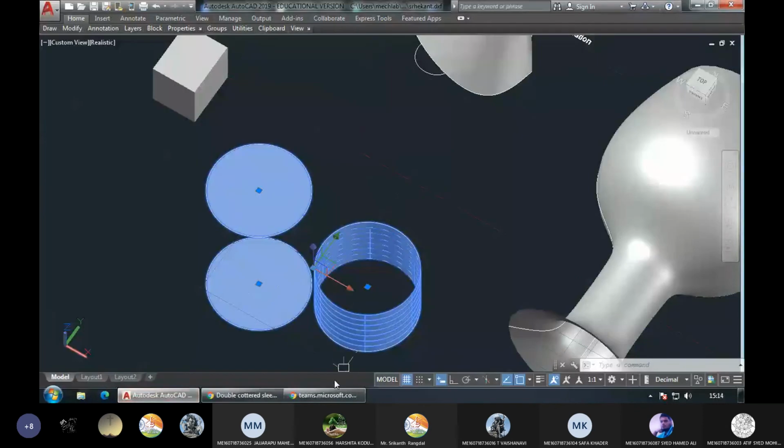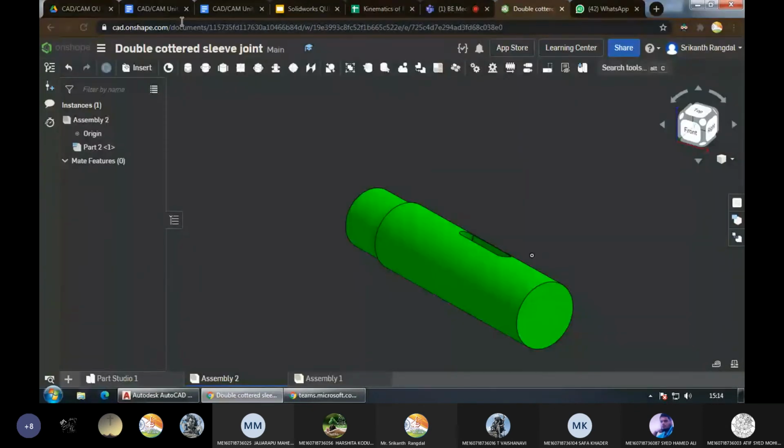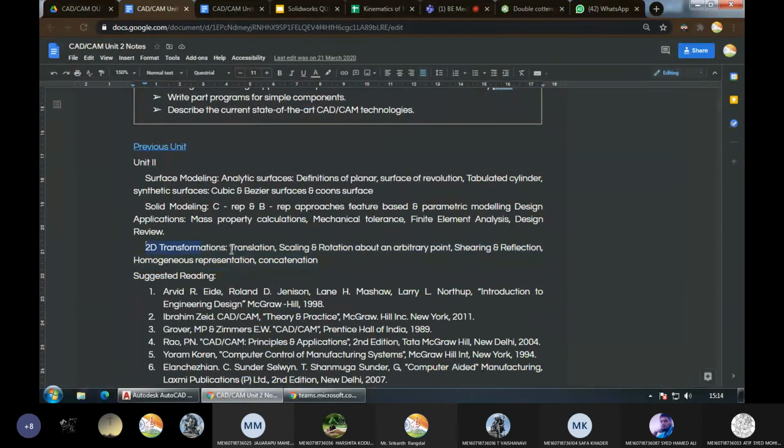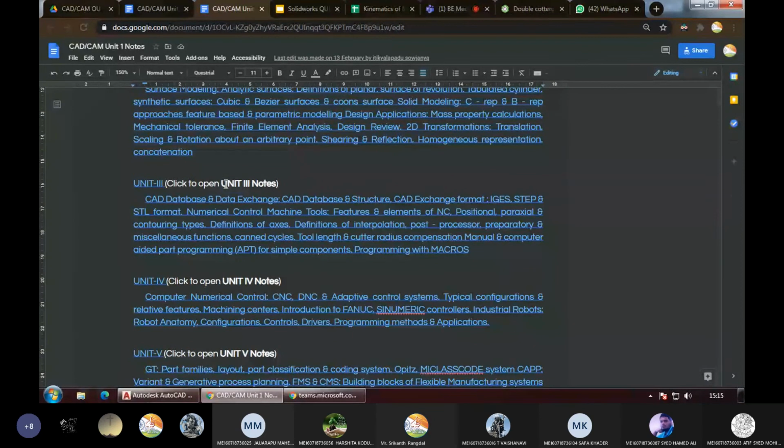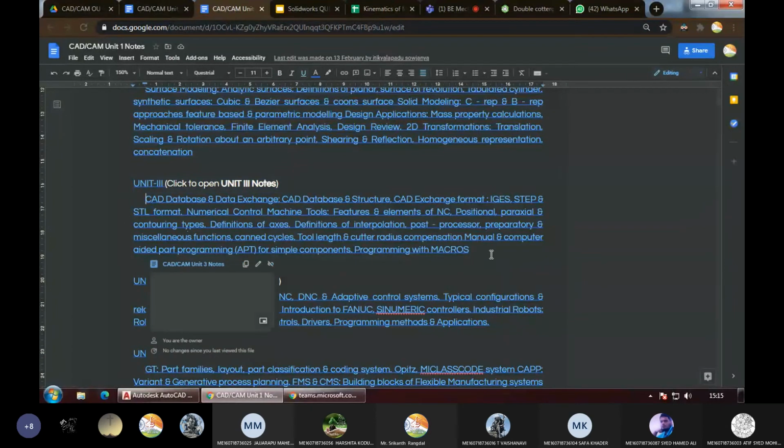And every software has its own method of using these transformations. So here in this part of the chapter, we will be learning about the mathematics behind how the transformations occur. Fine. So if it is the translation we are applying, then a set of matrix manipulations we have to apply, matrix multiplications we have to do to get the final result with the equations. So we'll be learning how to get all those. Then coming to the third unit, we'll be looking at the file storage, how the files are stored, what are the different formats used to store the data into the files.